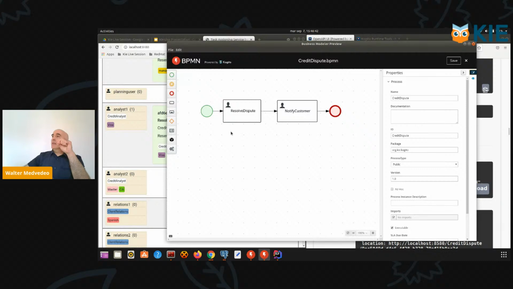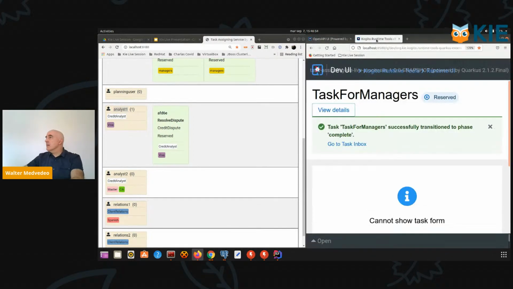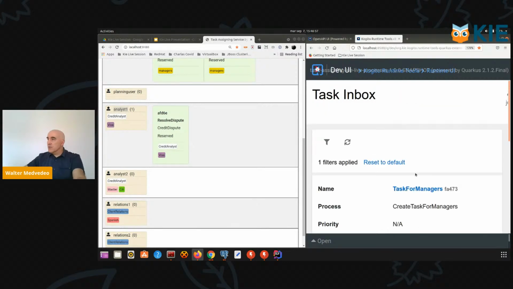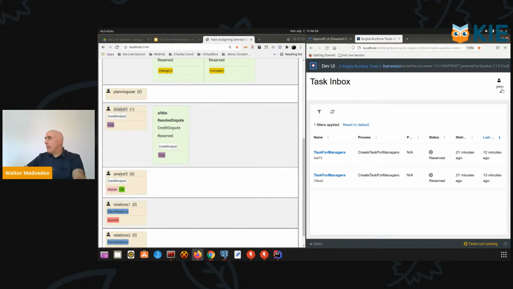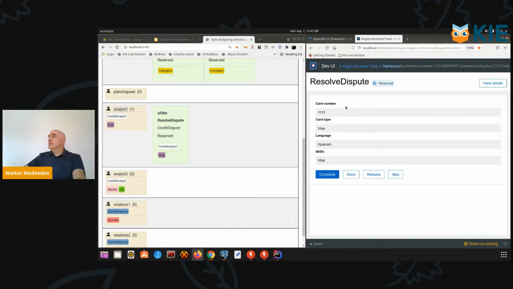Now we are at this point here, right? So let's go to the task list again. If I go to the analyst one, it's expected that I should have a task assigned for this user. Right? I have the task here. The task is reserved, all good. We can see the task information. We can see that the task is for Visa, Spanish language, skills in Visa. When I complete the task,